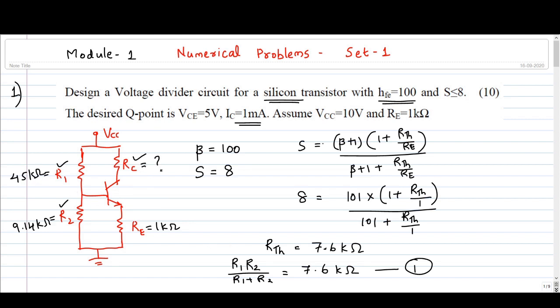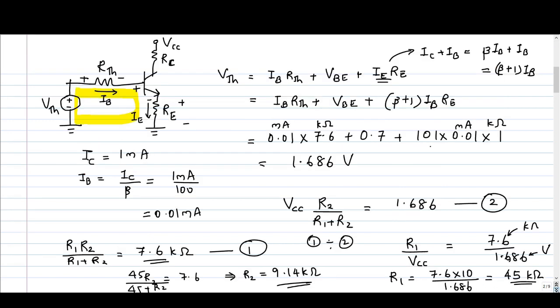Now we have to calculate RC. So how to calculate RC? So to calculate the value of RC, you need the voltage drop across RC and the current flowing through RC. Then you can apply Ohm's law. So what will be the voltage drop across RC? So on the output side, you have this arrangement. Supply voltage is VCC, this resistance is RC, and you have VCE, the potential drop across collector emitter terminals, and this is RE. So if you apply KVL on the output path,